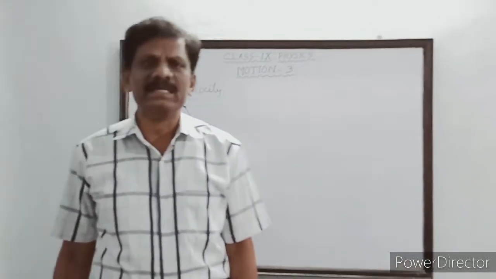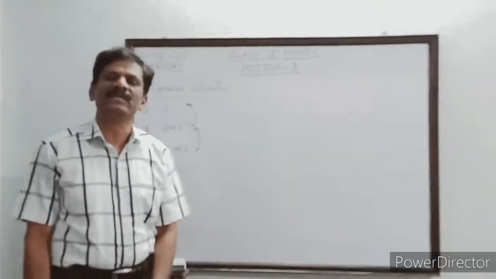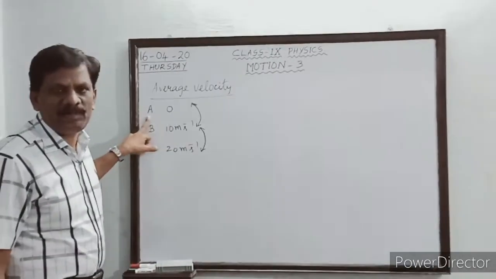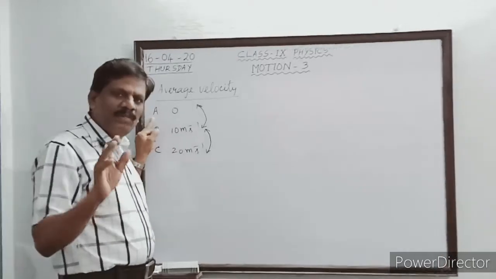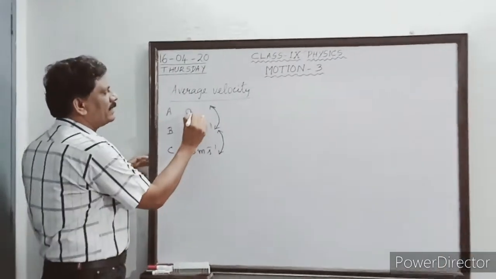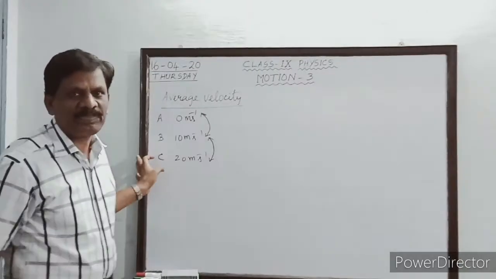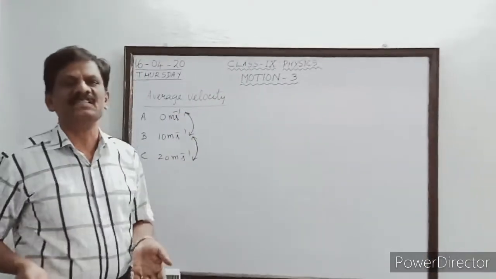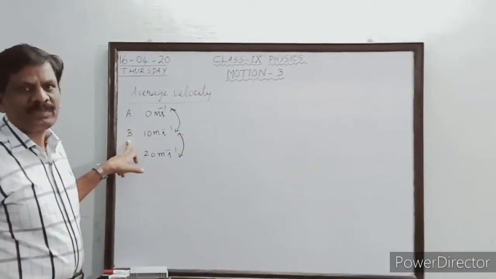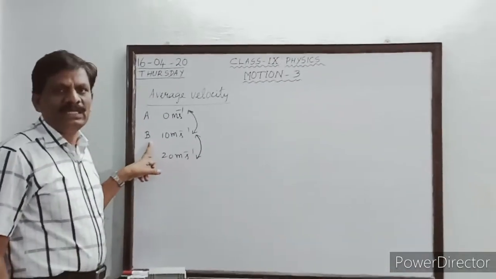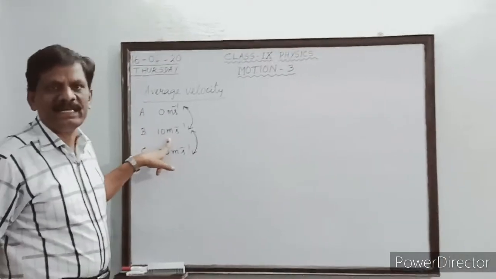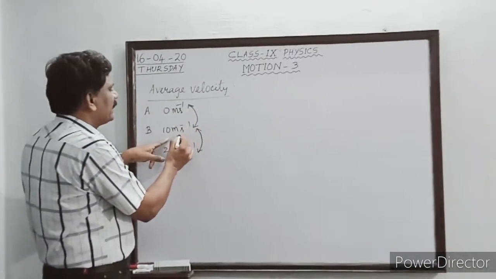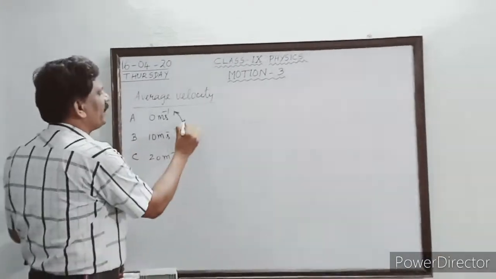We are now getting another definition for average velocity by considering a very simple example. Let us take a point A at which a body is at rest. When the body is at rest, what should be its velocity? 0 meters per second. Good. Let us imagine that it has started from rest and it is moving towards another point B. The moment when it reaches the point B, the velocity of the body is found to be 10 meters per second. So from 0 it has acquired a velocity of 10 meters per second,